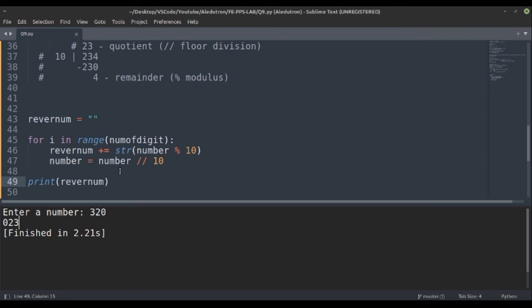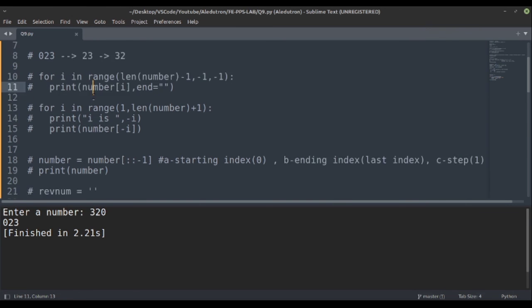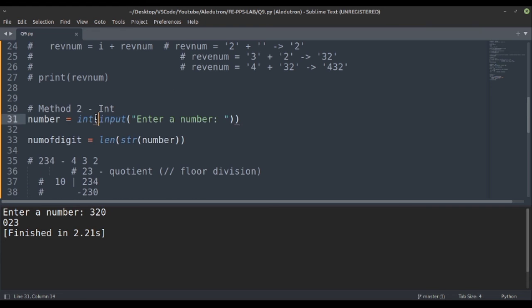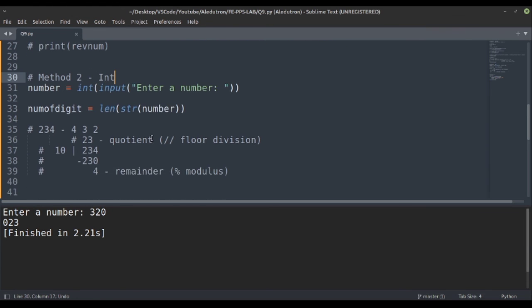So this was a mathematical method, or the integer method, in which we can solve the reverse of the digits. Similarly, if you need the sum of each digit, in this for loop you can take a variable sum and add to it. So you can do various stuff using this. So this was all for this lecture. Let us meet in our next lecture.